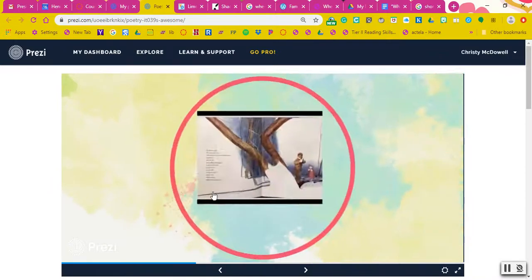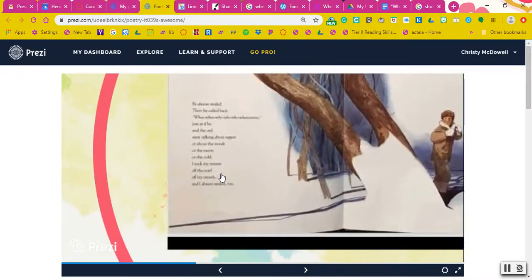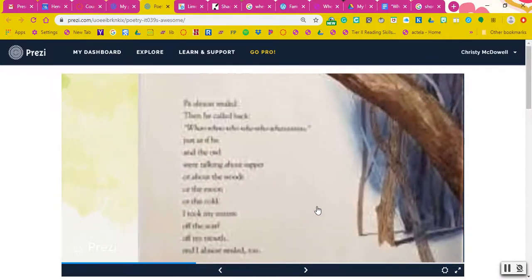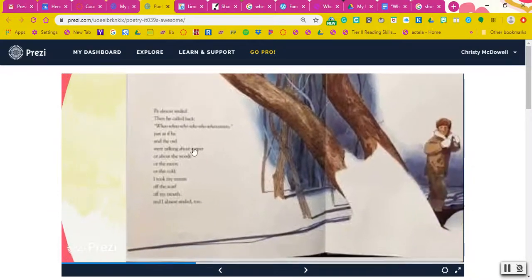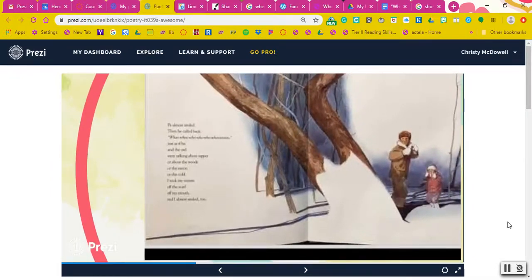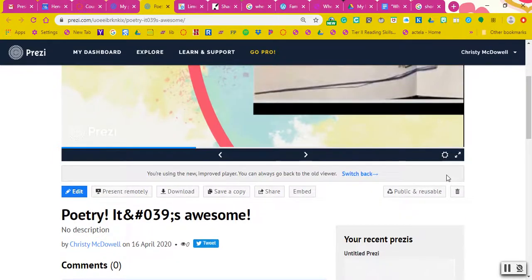But basically, you read the book. Let me see if I can just zoom in. As you read through the book, you look for lines that really stand out to you. This is one of the reasons we're not going to do it off this video, because it's hard to read. But you find a phrase or a line that just speaks to you for some reason, and then you write it down. And you go to the next page and do the same thing.